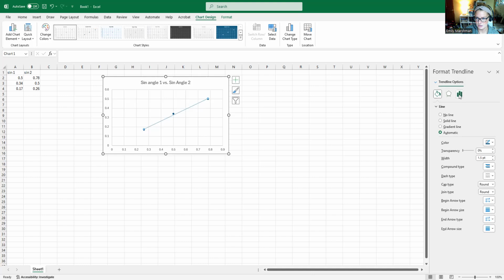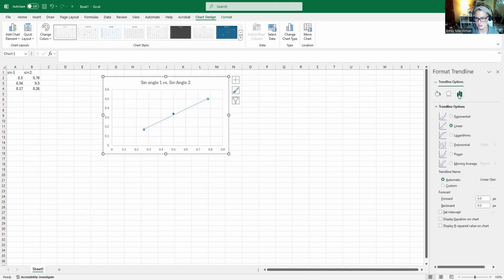You might have to click over here on the options where it's like the graph here. I don't know why. And then you just click display equation on the chart. If you want to, you can set the intercept to 0. The intercept should be 0